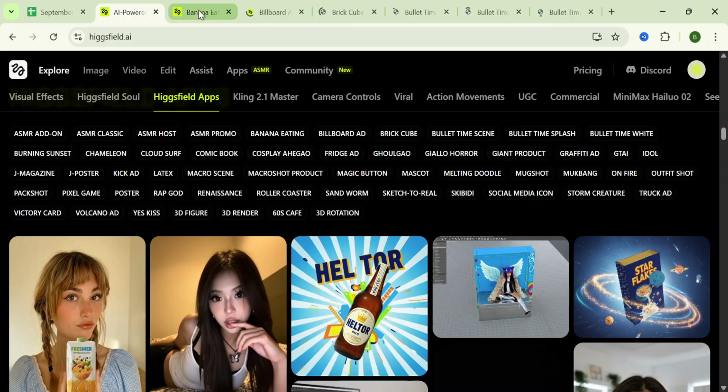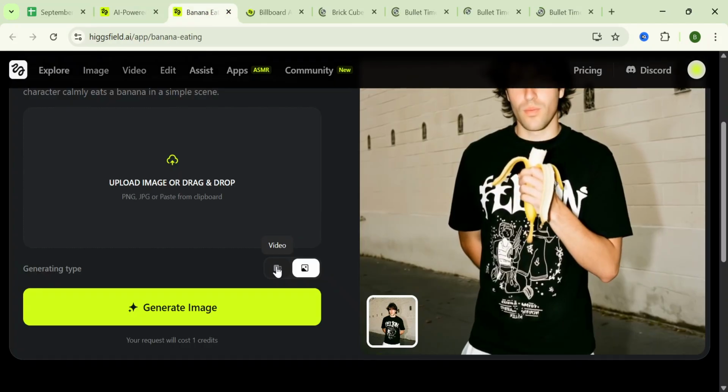You will be brought to a page like this where you'd see a sample, and all you have to do is to upload your image or drag and drop your image in this section. Then if you have a video, you can also click on this area to